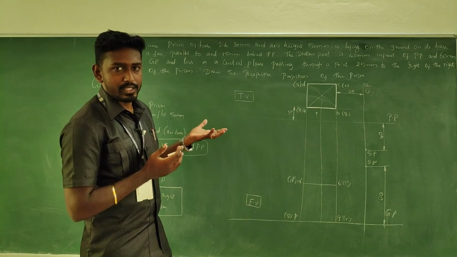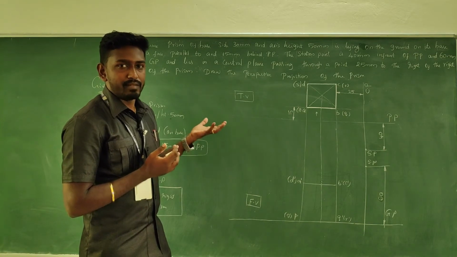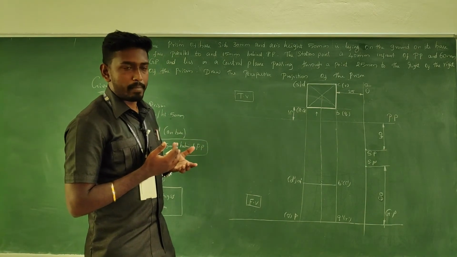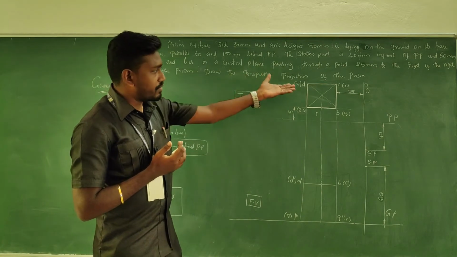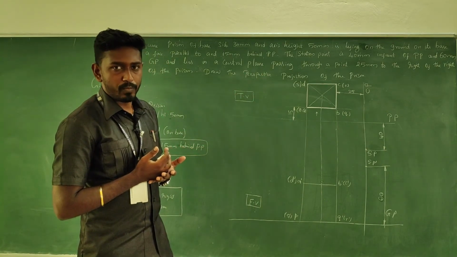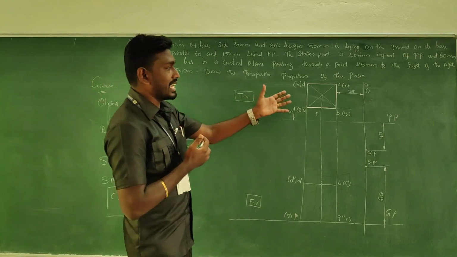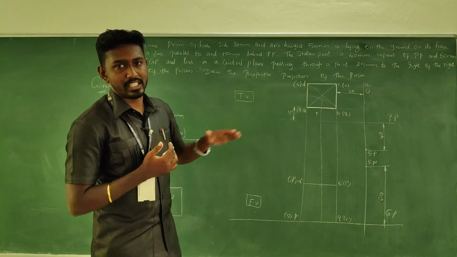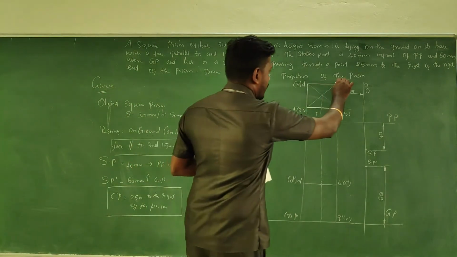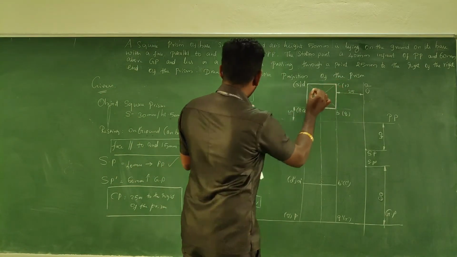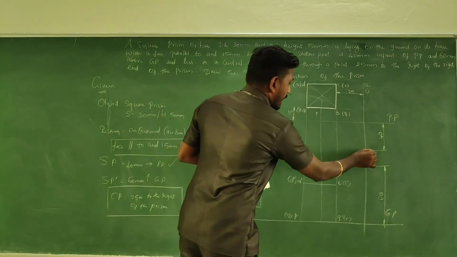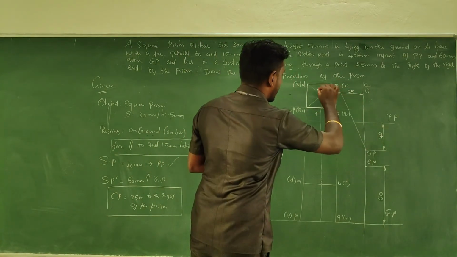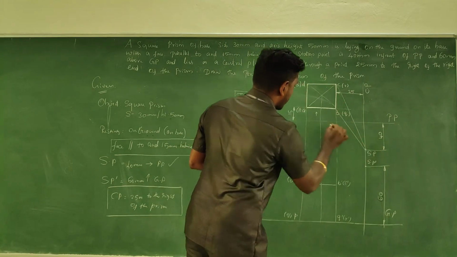So similarly, here as well, from the station point, in order to get the trace of the perspective view for this condition, we are going to take the line that is nothing but the visual rays to the object in the front view and the object in the top view. So from each and every corner of our object we are going to take a line to the station point. That's all. So from each and every corner of the top view, am I right? In the SP I am going to take a line. It is a visual ray.